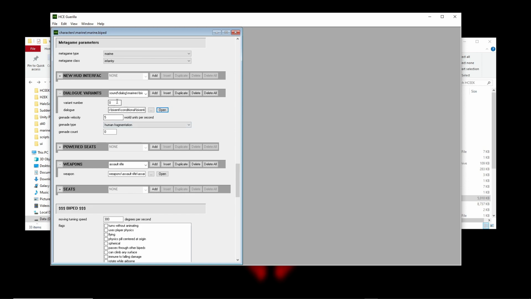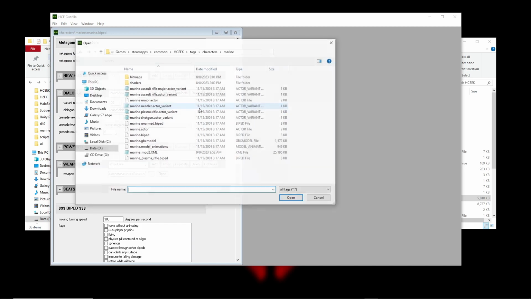And one more thing, the variant number here, if you want it to be randomly chosen, like Bizenti is, sometimes it's him, the Aussie, Mendoza, then you just leave the variant number at 0. If you want it to be tied to a specific model, then you have to put in a specific number to it. If you hover over it, it says variant number to use this dialogue with. Must match the suffix in the permutations on the unit's model. I'm not entirely sure what that means, but